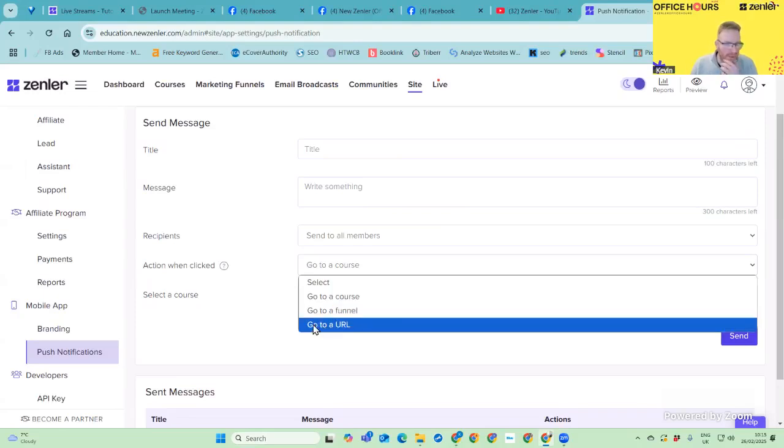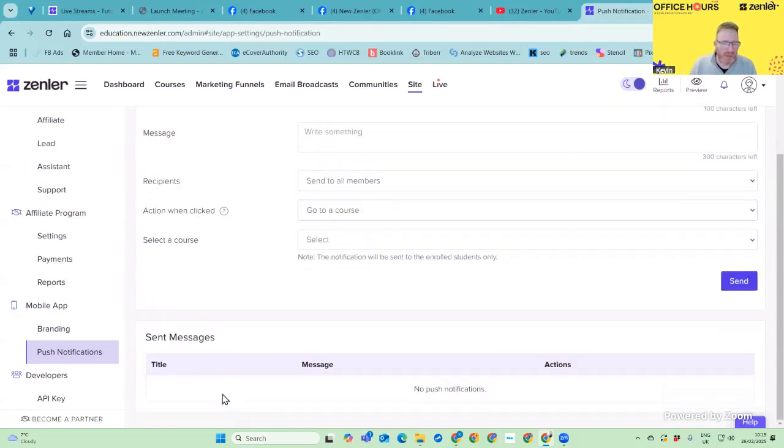Or you could just send them directly to a page URL, so a web link. And that doesn't even need to be on a Zenler site. It can be wherever you want to send them. So if you're, for example, blogging on a different platform and you've got maybe a WordPress site or something like that, and you want to send them over there because you want more people subscribing, because it then sends them back again to your Zenler site, then you can use that and just send a link there if you wish. So they're really helpful. And then once you've sent your messages, it will just show you down here that they've all been sent and received and it's all worked.